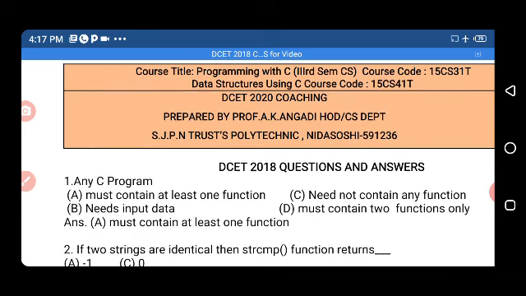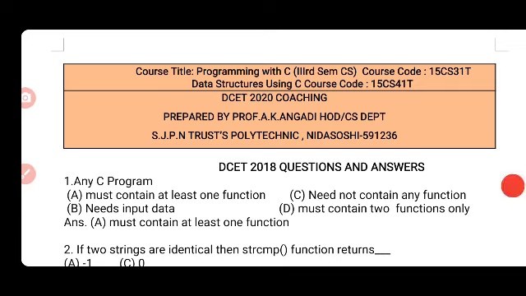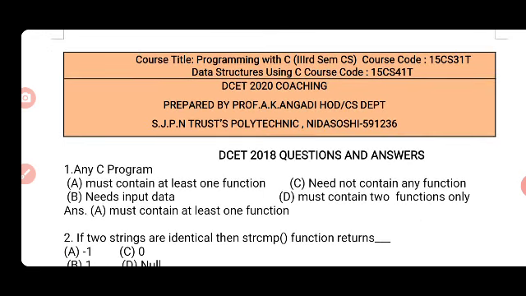Okay, so the first question is: any C program. Four options are: A, must contain at least one function; B, needs input data; C, need not contain any function; D, must contain two functions only. So we know that every C program should consist of at least one function, that is the main function.